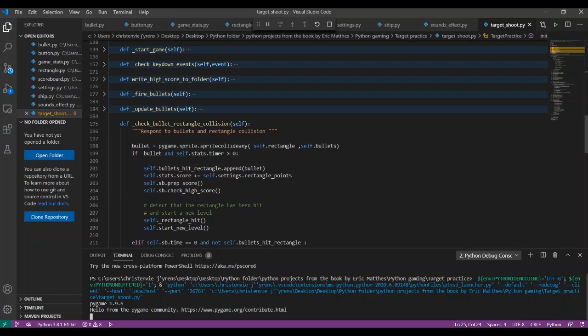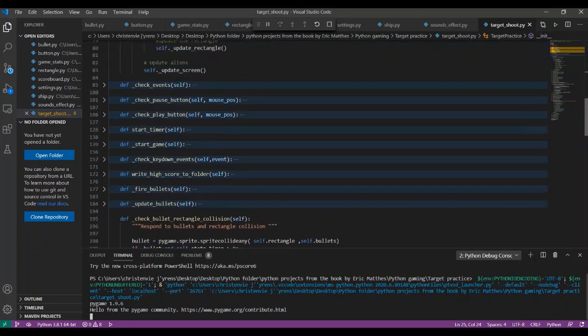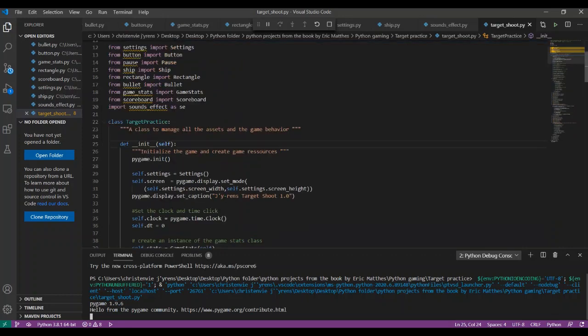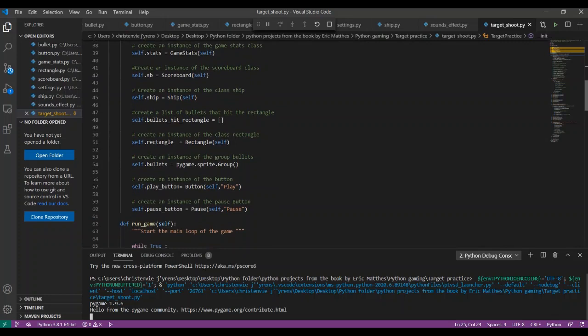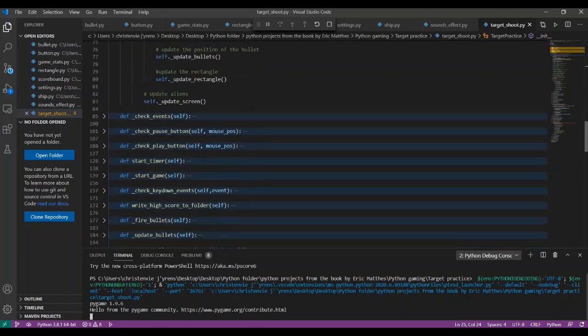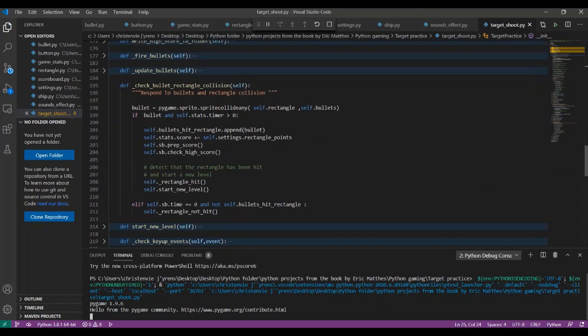add bullet hit rectangle, which is the list we are using to store the rectangle that has been hit by the bullet, or the bullet that has been hit by the rectangle. It's here. We create a list of bullet that hit the rectangle. So it will append and add the bullets.